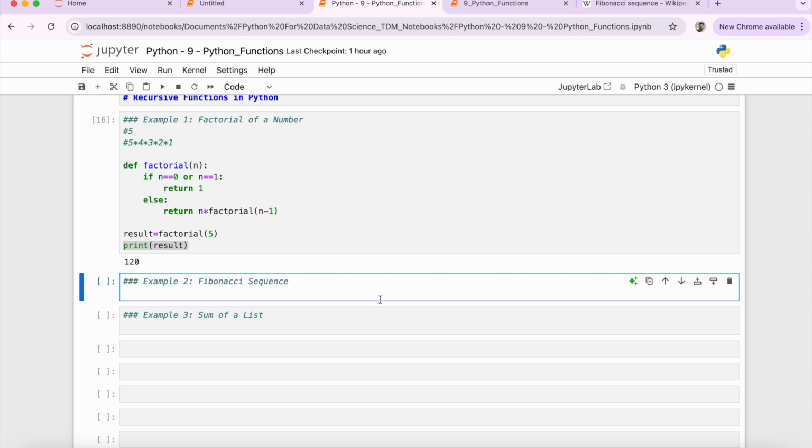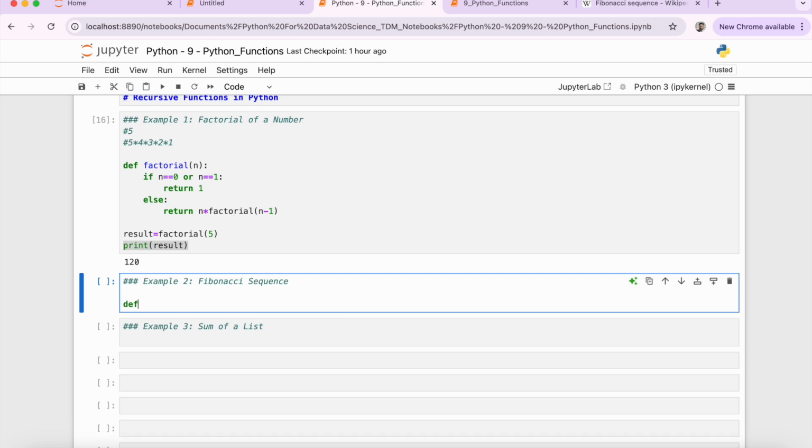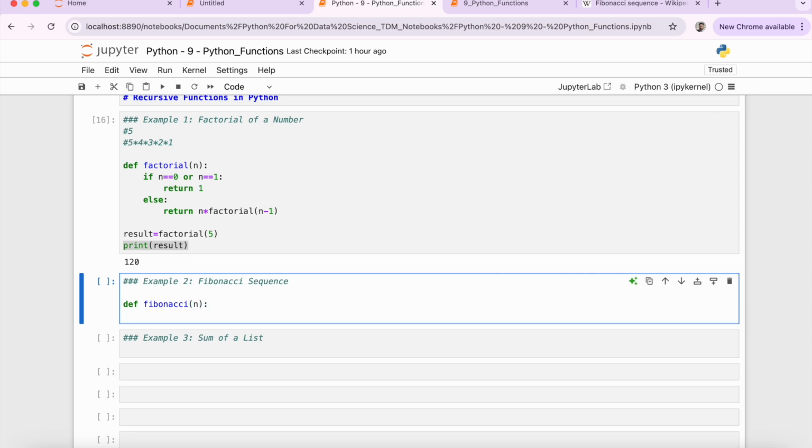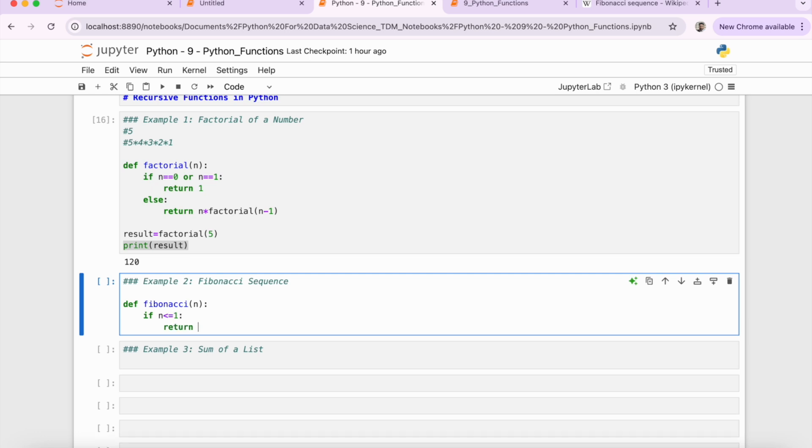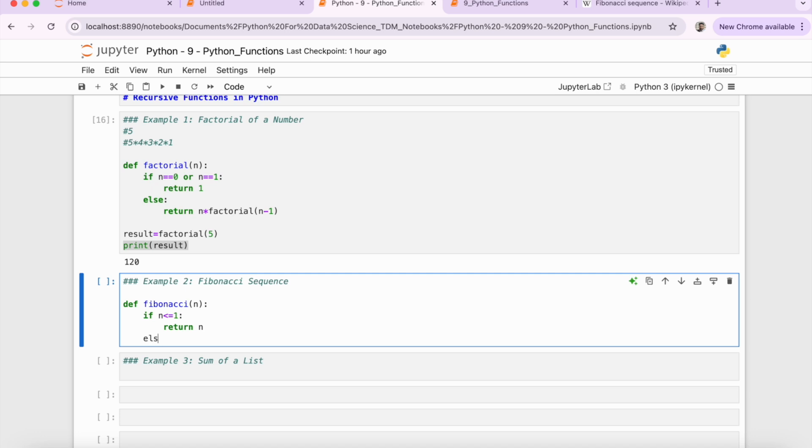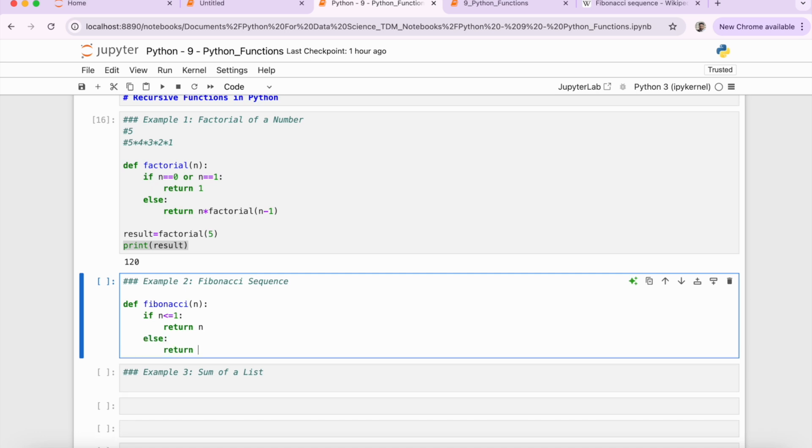Okay, now if we have to create a Python function that can calculate the nth Fibonacci number, then what can we do? We can simply start with defining the function. So let's define the function named Fibonacci, and we are going to take an argument n. For this argument, the first thing that we need to check is if n is less than or equal to 1, if that is the case, then return n. Okay, if that is not the case, then basically return